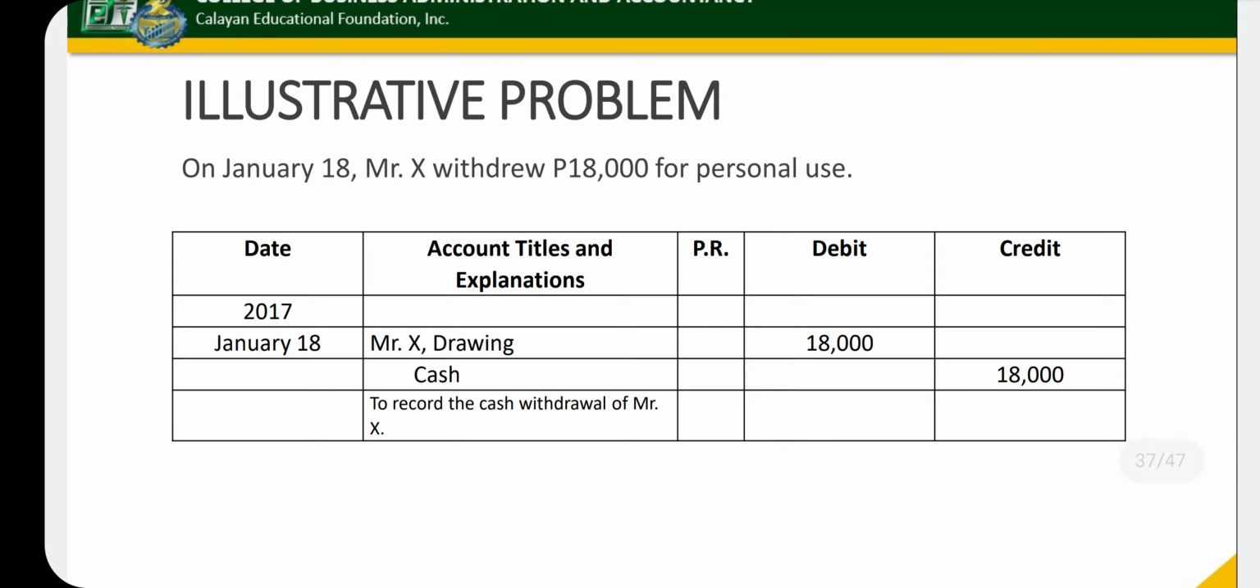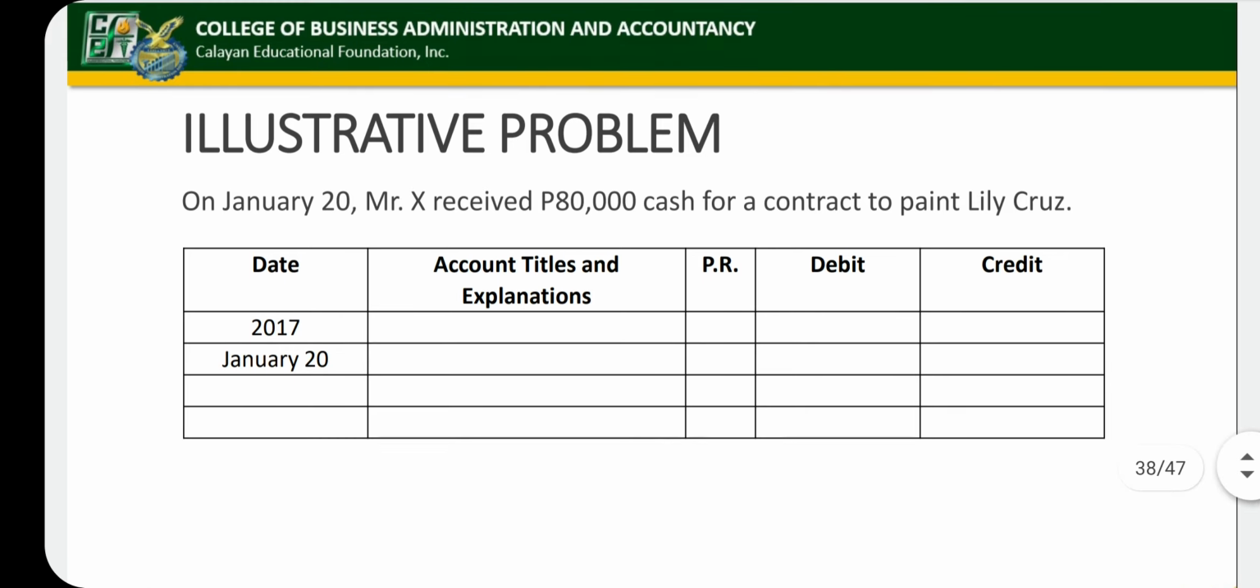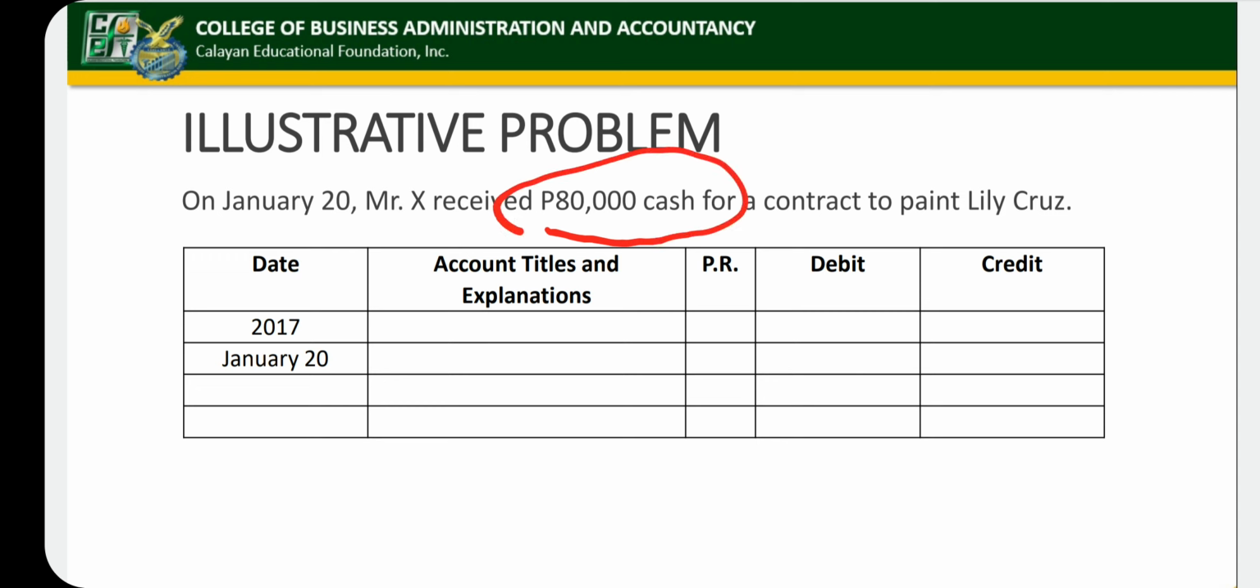Mr. X drawing, then credit cash 18,000. For the next illustration, on January 20, Mr. X received 80,000 pesos cash for a contract to paint Lily Cruz. Class, although Mr. X has already received 80,000 pesos cash from Lily Cruz,